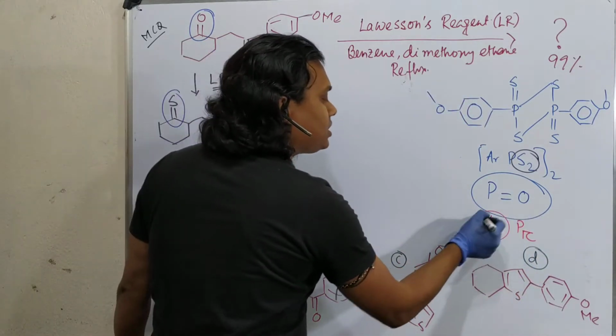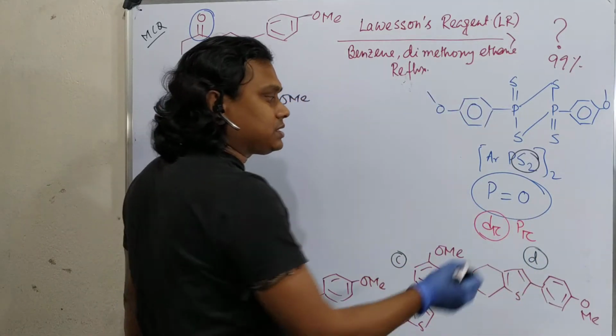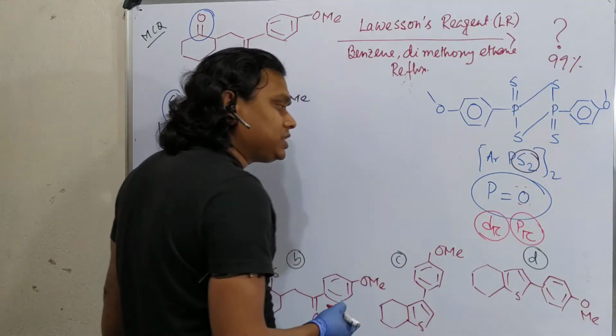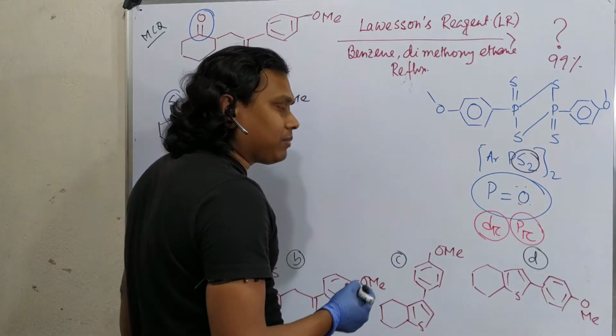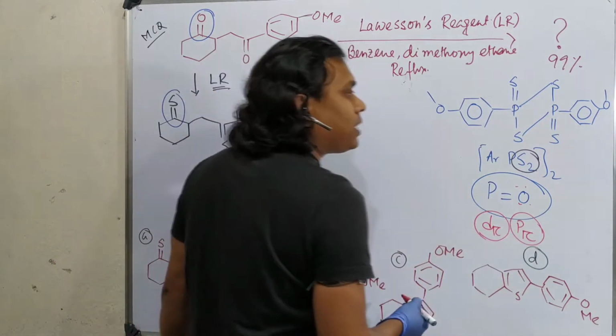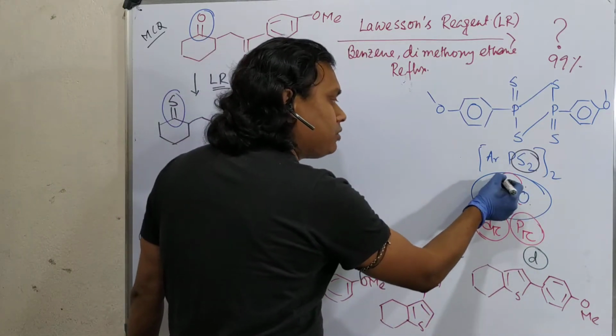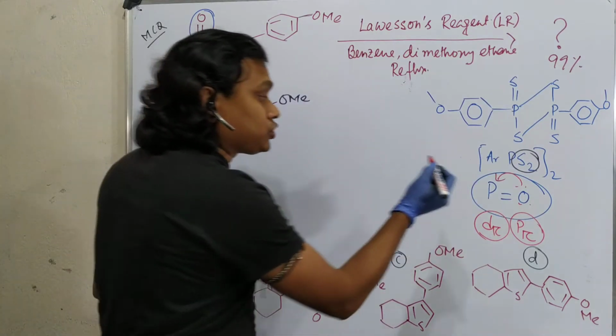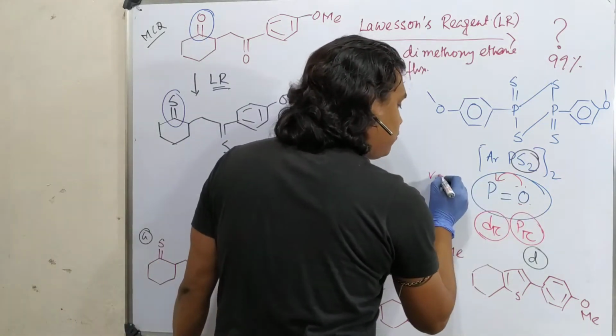D-pi means the vacant d orbital of phosphorus, and p-pi means the filled p orbital of oxygen, and they undergo overlap. So that's why it is d-pi p-pi back bonding. Why back bonding? Because oxygen is giving a lone pair towards the phosphorus, and that's why the phosphorus oxygen bond is very